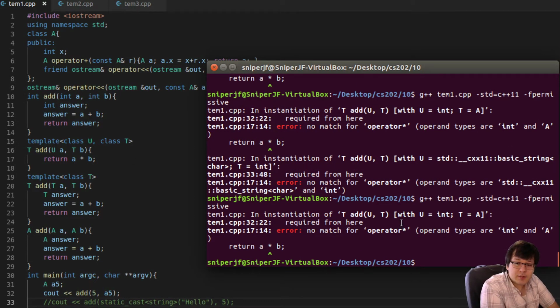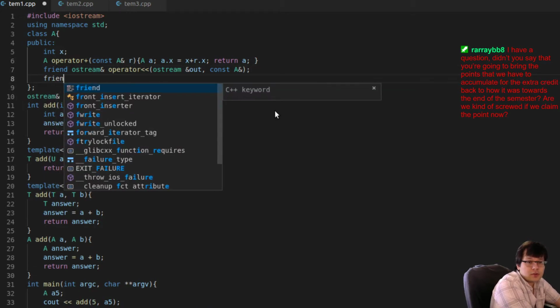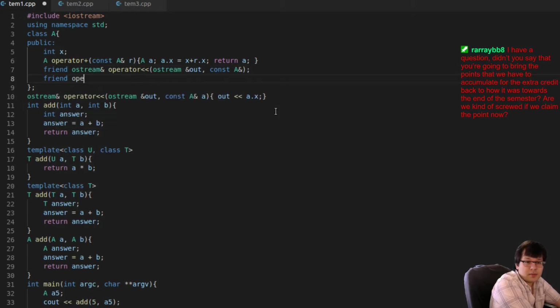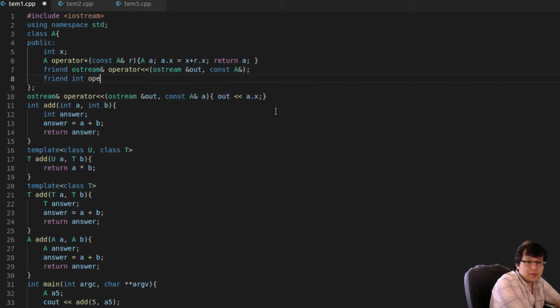You can see no match for operator int and A. This one I can actually overload and get working. I can go ahead and, as a friend function, overload it. I don't think I can overload it as a member function because the left hand side is an int. So I could do something like friend int operator plus